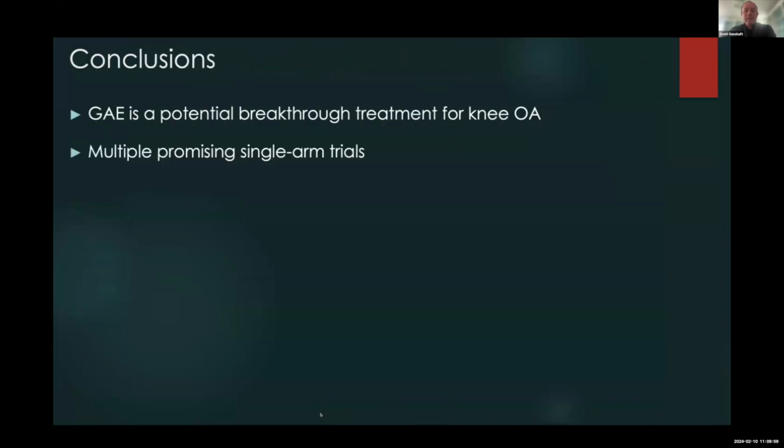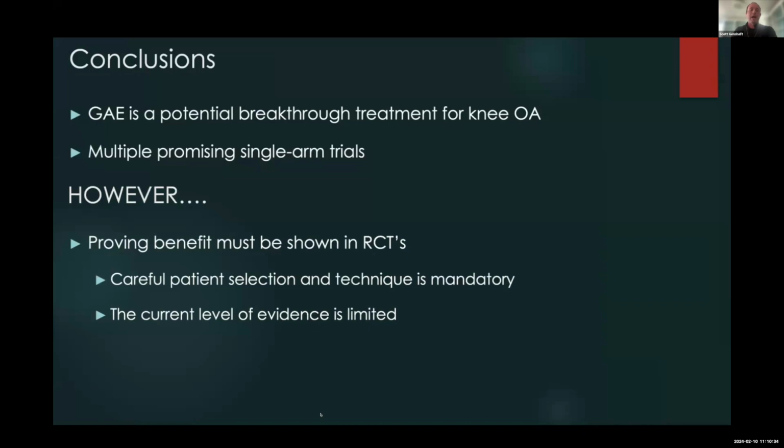So in conclusion, I don't want to waste time. I see there's probably a lot of questions. This is a potential breakthrough area for IRs to treat a ubiquitous problem of pain due to knee osteoarthritis. In my personal opinion, where I think it will have the most impact is patients at the extreme range of ages. So young people for whom we want to delay a total knee arthroplasty, or older people who we want to get to the finish line of life without having to have another surgery. I think that's a huge number of patients, so we can make a major impact in their lives.